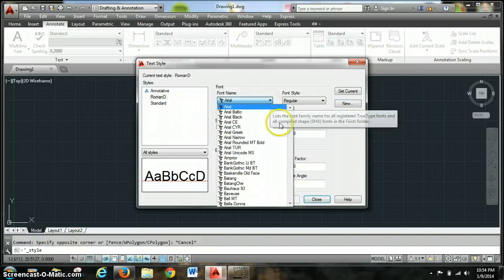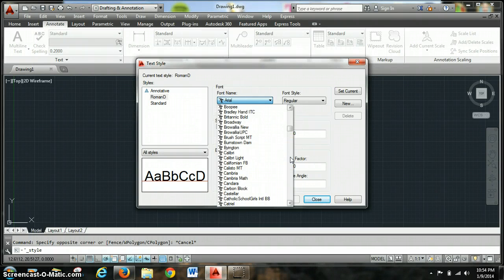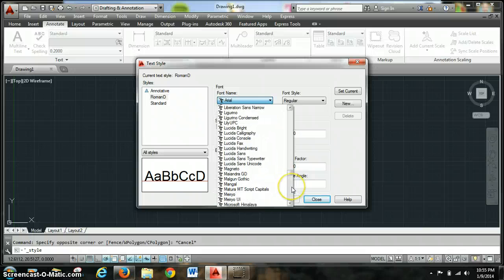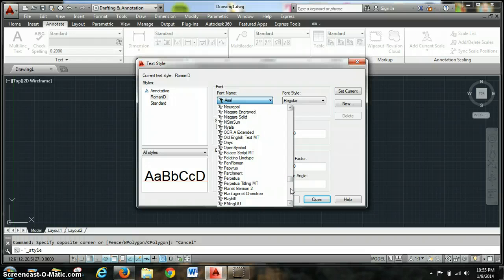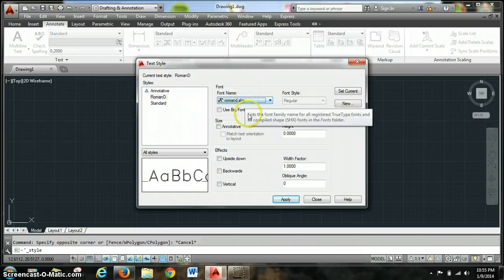Now I'm going to go here and start making my alterations. This is where I will find the font. There are two separate kinds of fonts in AutoCAD. There's TrueType fonts, which are the ones with the double T, and then there are SHX fonts. The Roman D font is one of the SHX fonts, and there's also a Roman C, a Roman S, and a Roman T. So I'm going to choose the Roman D as my font, and the SHX fonts are the only ones that